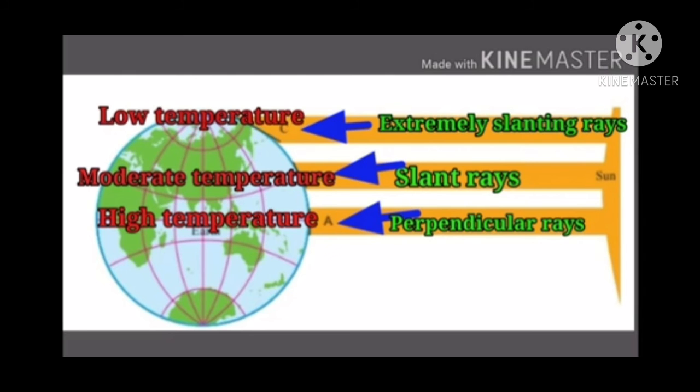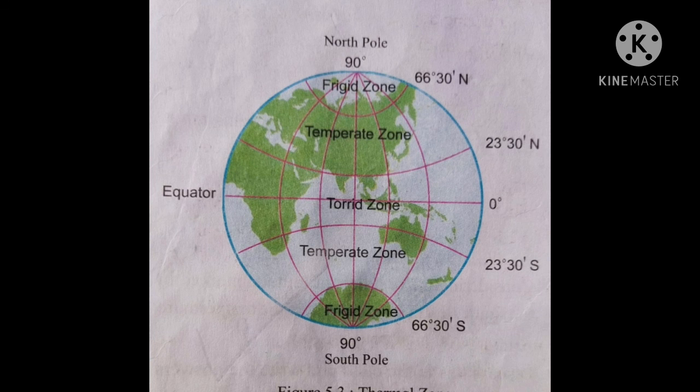Based on the distribution of temperature, the earth can be divided into torrid, temperate and frigid zones, or tropical, temperate and polar region. The torrid zone or the tropical zone stretches from 23 degree 30 minutes north latitude to 23 degree 30 minutes